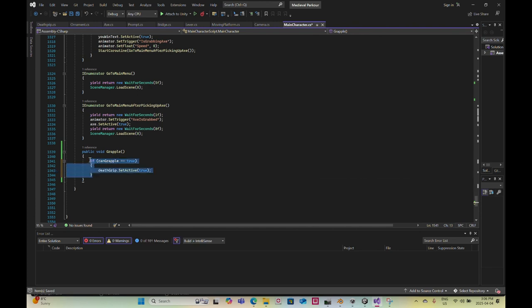This is just temporary, just to see if this is working. Else, canGrapple is false. The death grip is false. So I don't know if this is going to work. To make sure